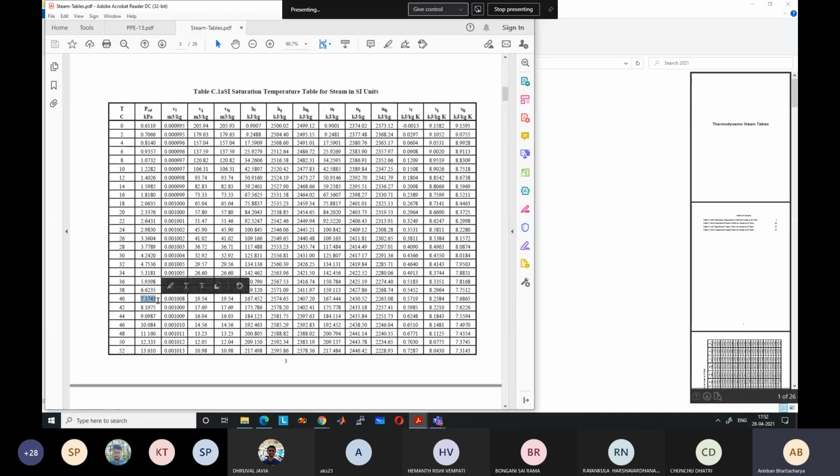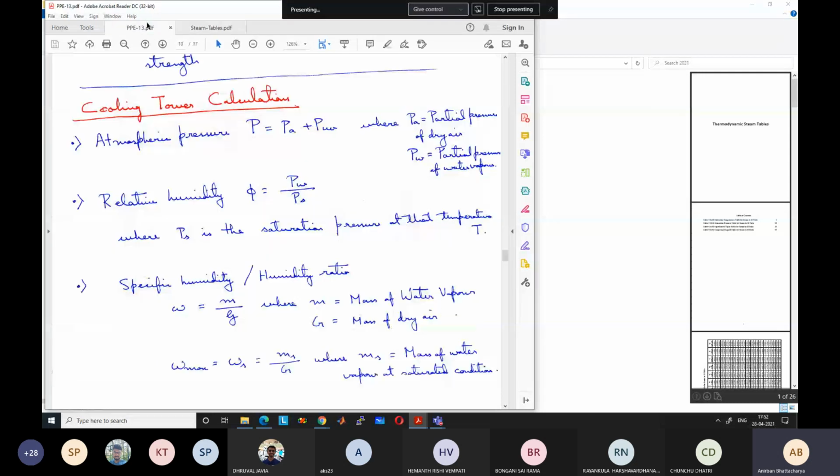So accordingly, if the water vapor remains the same, say water vapor has a partial pressure of 2 kilopascal, but the temperature changes, at lower temperature we will have higher relative humidity, because we are dividing by a low value. At 40 degrees centigrade, you will have a low relative humidity. Although the water content is the same, the ratio of partial pressure of water to the saturation pressure will change. So this is what relative humidity is. You already know this; I have just revised that for you.